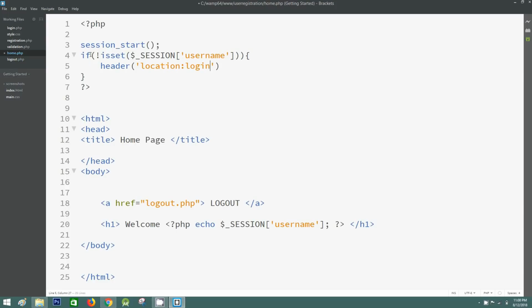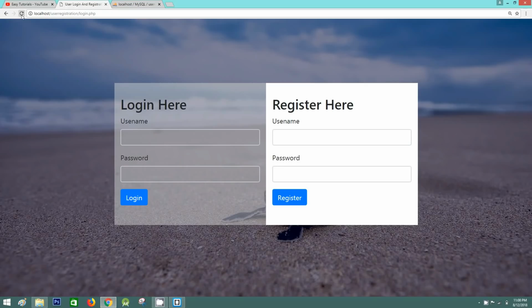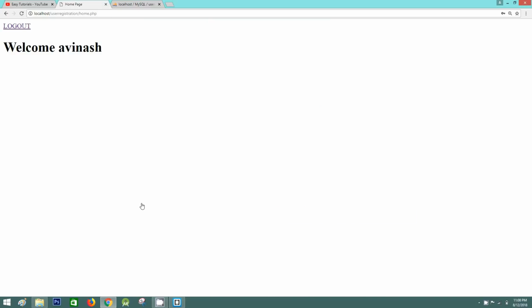Okay, after adding this page, we cannot enter into the home page without the login. Okay, now you can see once we'll click on the logout option,